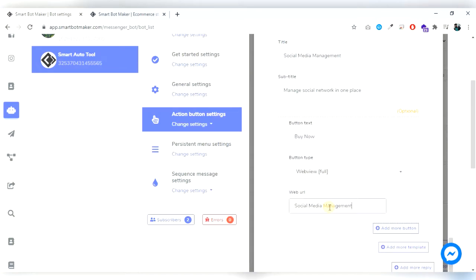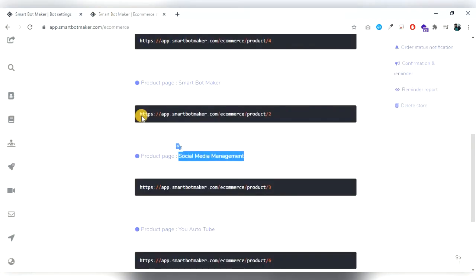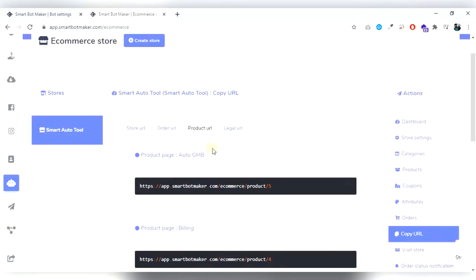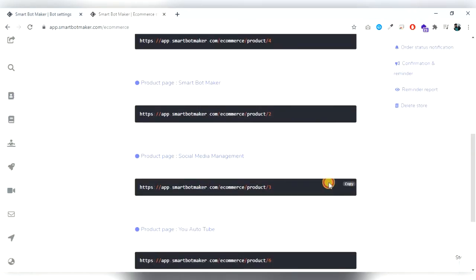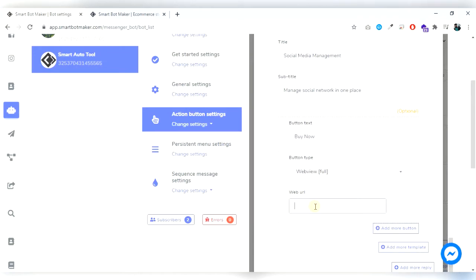Write the URL: go to your store, product URL, copy it and paste it.